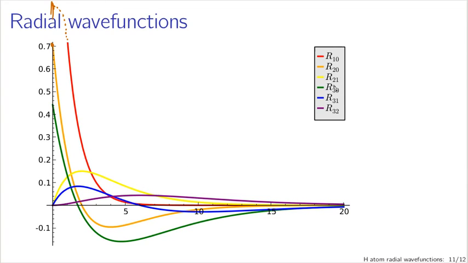If I look at r30, that's the green curve, it hits the axis here. One of the patterns that you should notice is that if there's a 0 for the value of L, r10, r20, r30, the wave function is non-zero at the center. Whereas if there is a non-zero value for L, that's the second number here, for L equals 1 here, L equals 1 here, L equals 2 here, for the yellow, blue, and purple curves, the wave function goes to 0